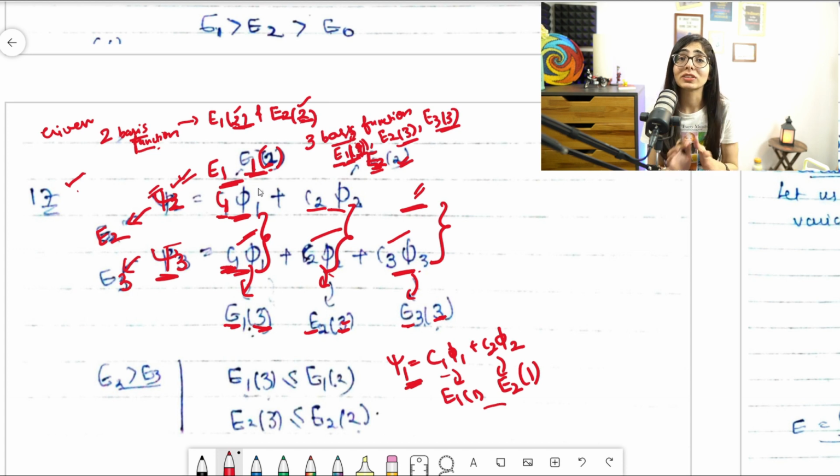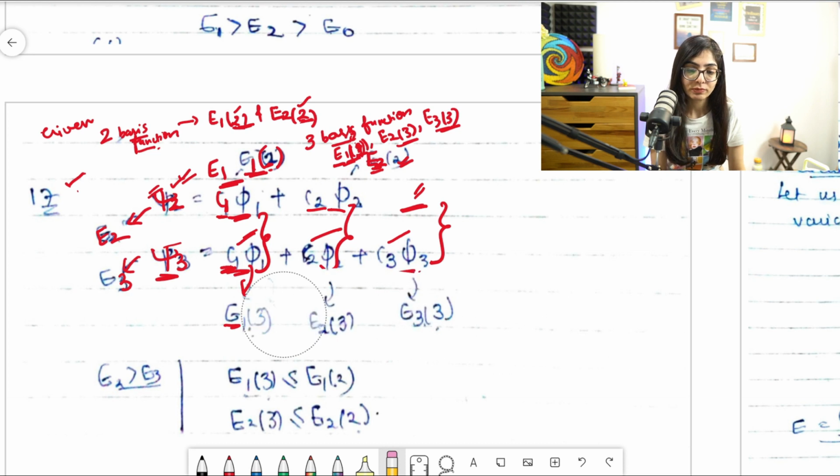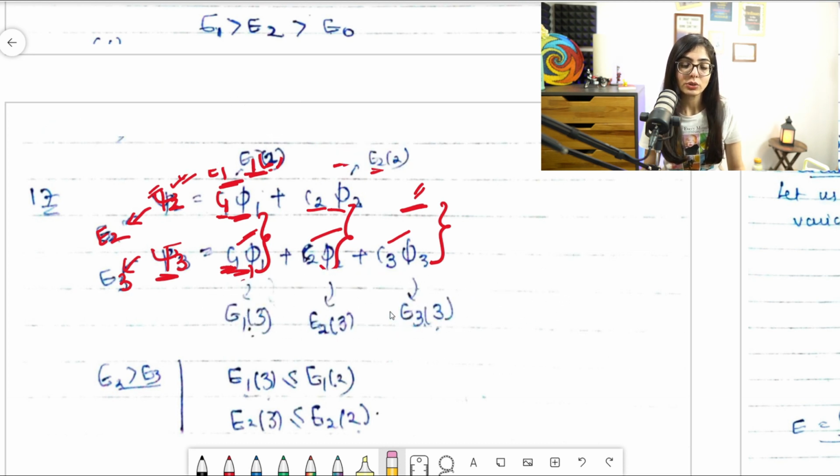So you must be knowing this simple formula. Everything is revolving around only this simple concept, which is that the more the number of variational parameters will be, I'll be writing over here. Let me just rub it first, so things will be more clear to you. Yeah, just wait. So if I have to say, the more the number of variational parameters means the more the number of constituents there are.